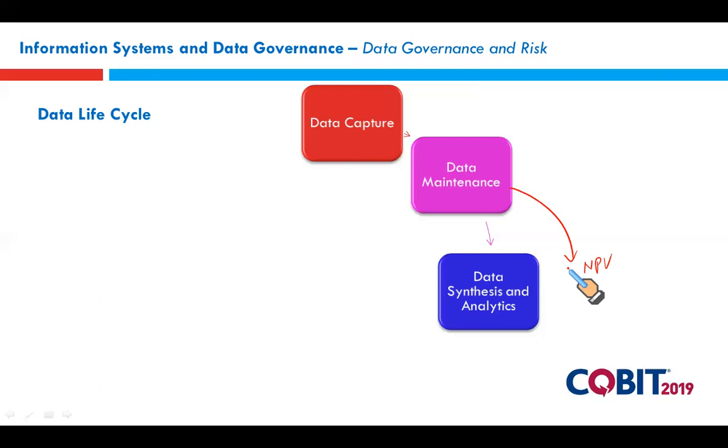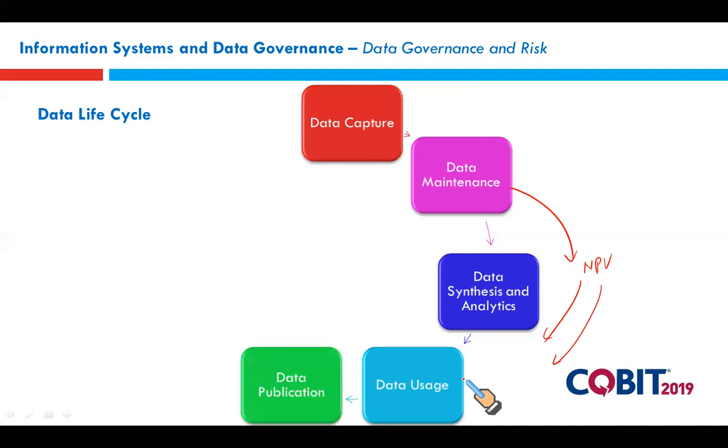Once it is done, the next stage is to make some decision on it. That is called data usage. Once the data has been processed, analyzed, synthesized for use, the next step is data usage. It means the use of data for the organization so that we can run and manage ourselves. Done?